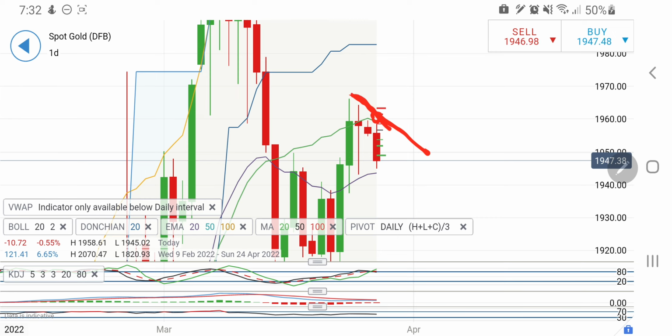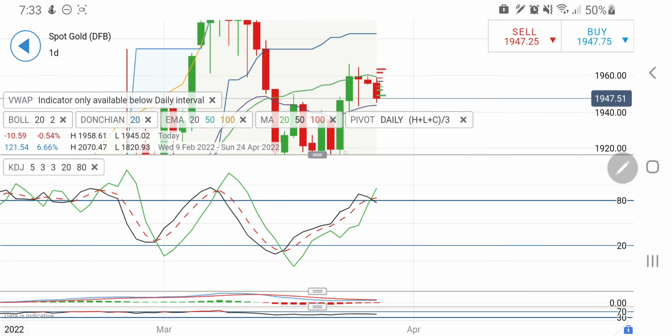Also you can see the highs there well connected on the charts. Also look at this, right now the lows are well connected here. So any breakout below 1940, see, I have always told that the 1937 to 1940 zone is important for gold. It may try to trade throughout this day between this zone, that is 1937 to 1946 levels possibly, and any breakout above or below will definitely be an indication that it is going to break either side. For now it appears that it may try to trade range bound.